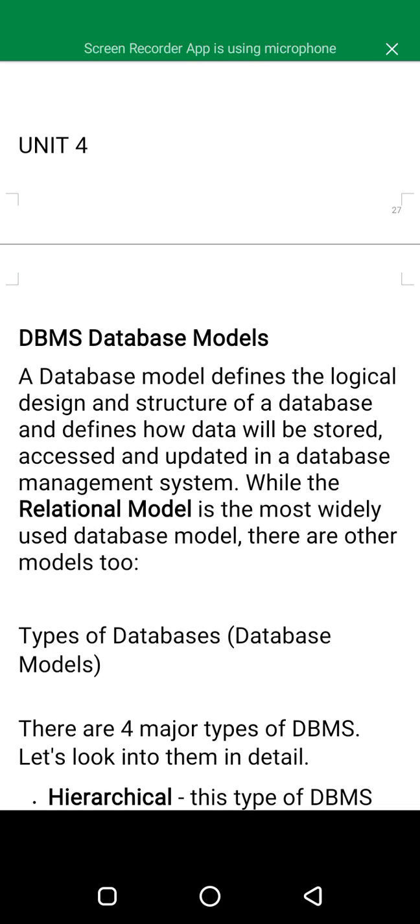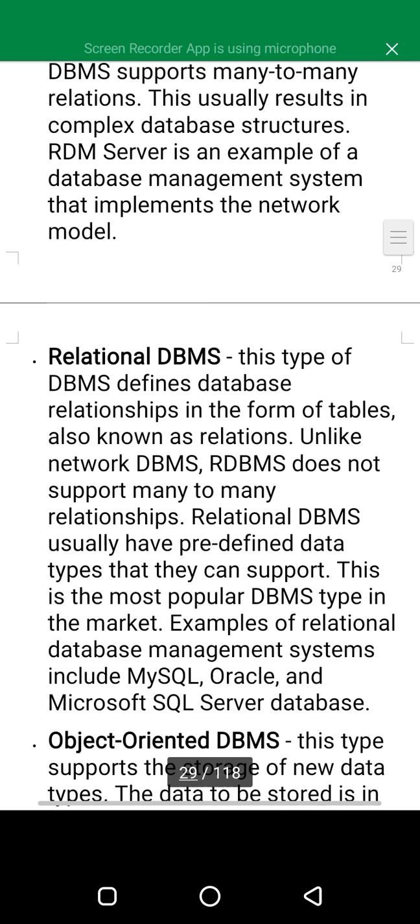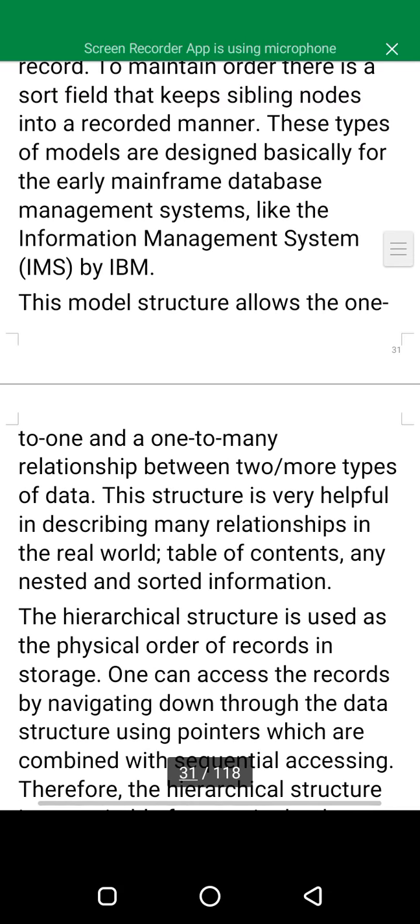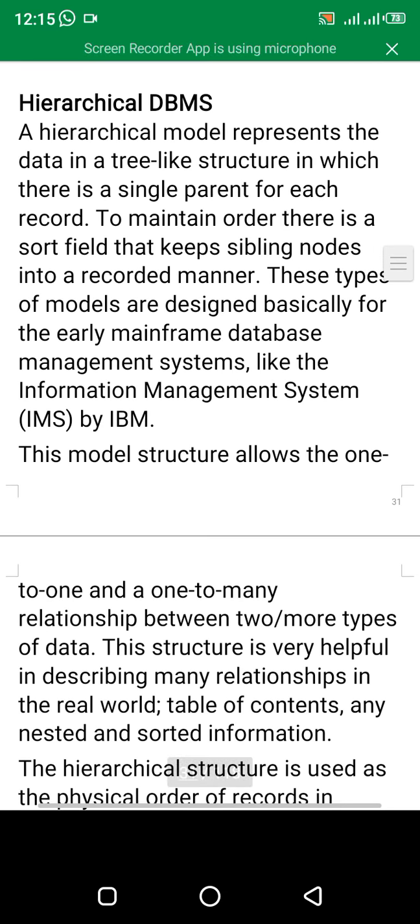Let's continue and say, while the relational model is the most widely used database model, there are other models too. So let's look at these types of database models that we are talking about. So number one, we have the